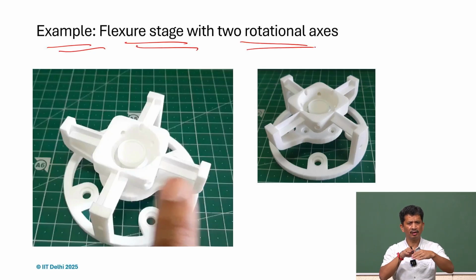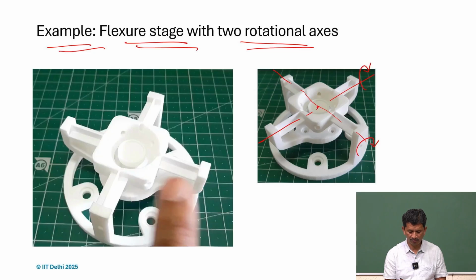So we can rotate along the two axes. So you can say x or y axis. So one axis here and the other axis here. So we can have the two rotations, and what you realize is that it's stacked, one over the other. But this is the point of interest, we want that it should only tilt. So therefore we made sure that the axes should intersect, and that's why you see this kind